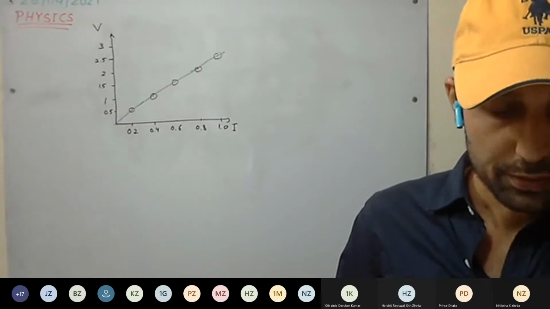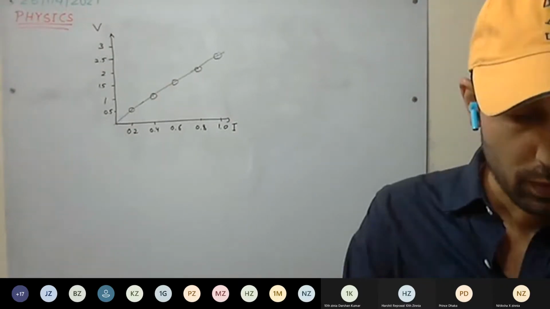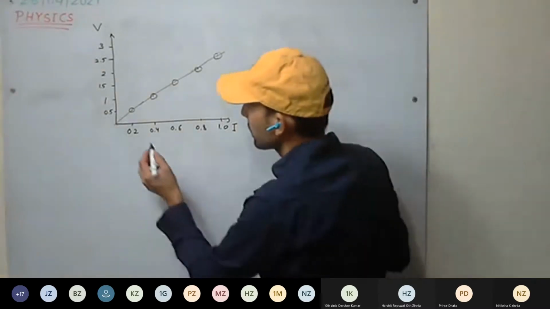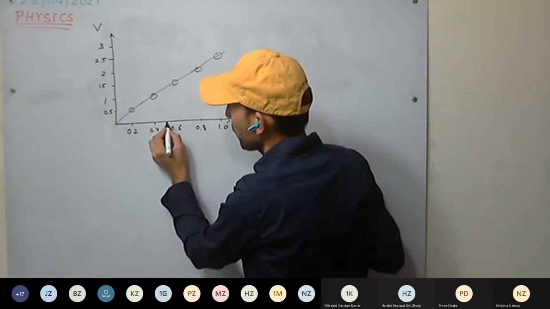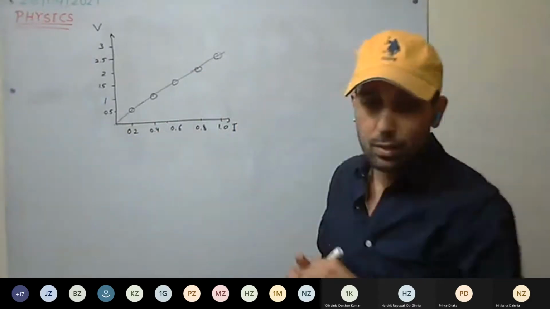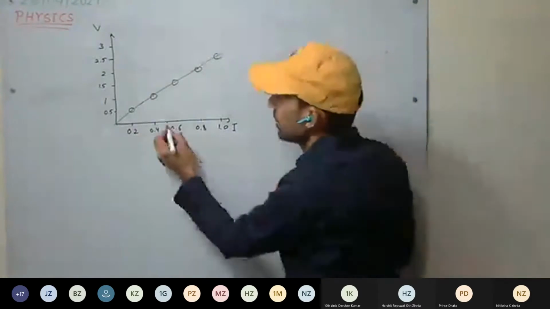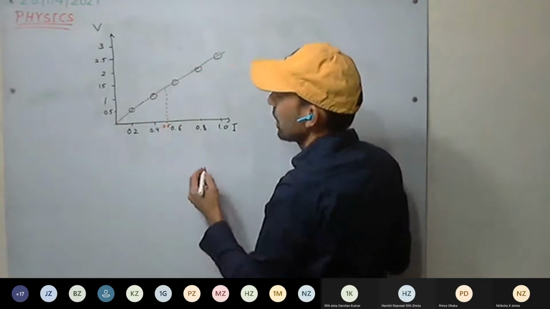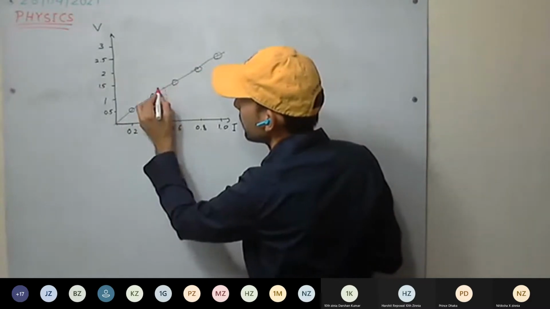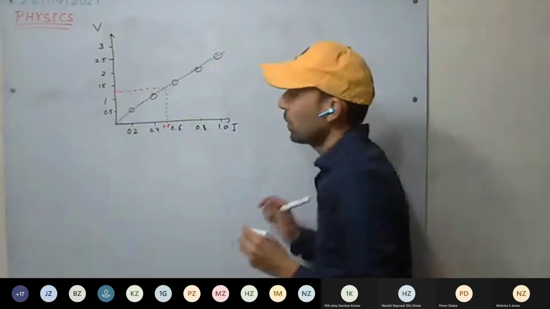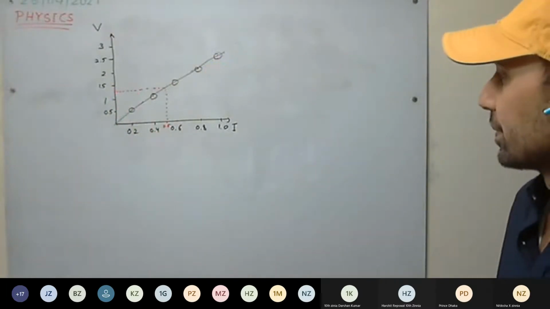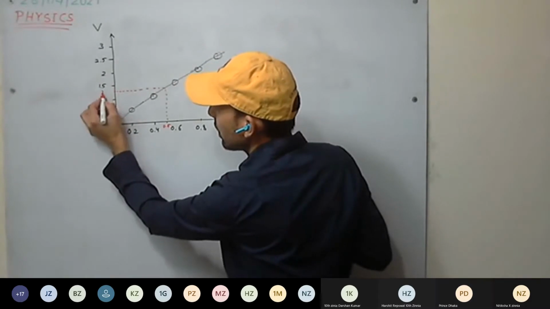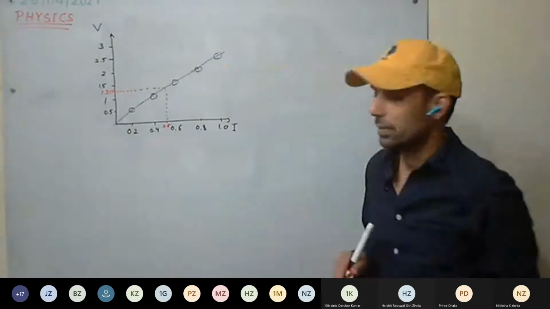Okay. We have drawn the VI graph. Now we have to find the potential difference V when current I is 0.5 amperes. So 0.5 will be here. Projecting 0.5 amperes on the line of the graph, and now here, how much are we getting? See here, it is dividing into half. 1.25 volt. Got the answer?